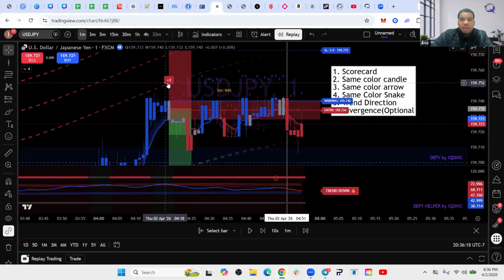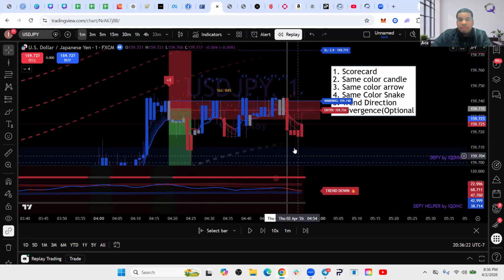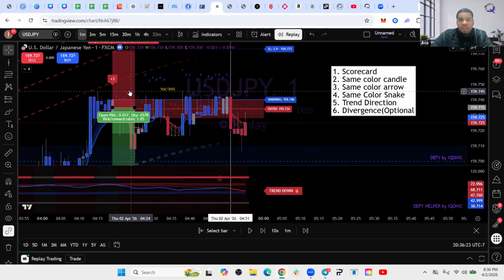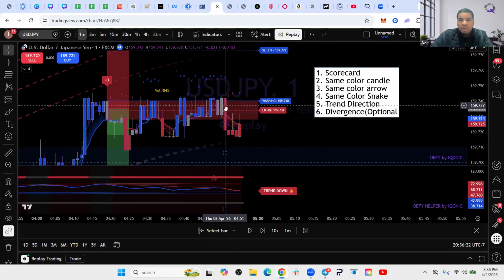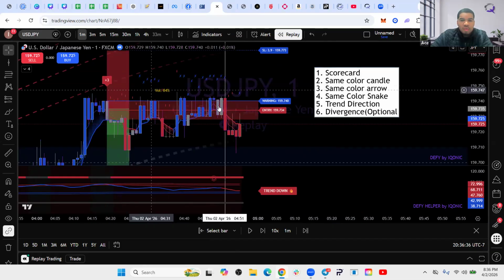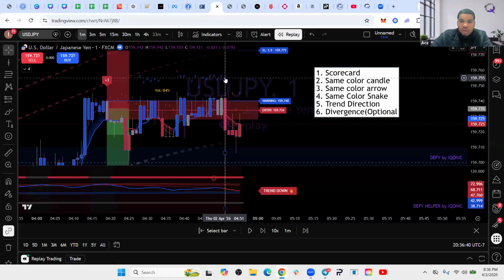So when the scorecard comes out, it's still in play for all of these until a blue scorecard comes out. So this one's still in play. Scorecard's there. Let's go through. So boom. Scorecard number 1. Is that there? Yeah. Boom. Same color candle. Is it red? This is for sales, right? Red is for sales. Red scorecard means sales. Boom. Do you have an arrow? You have no arrow. If it's not there, there's no point looking for the other confirmations because